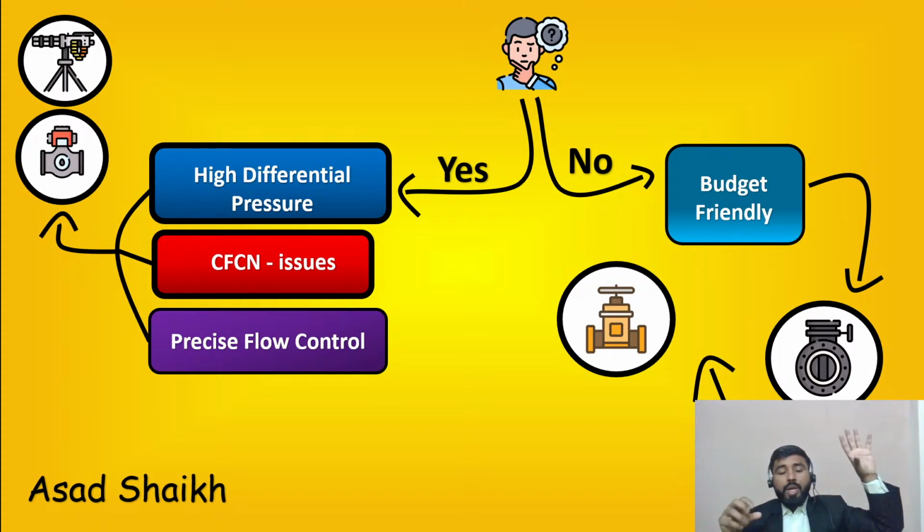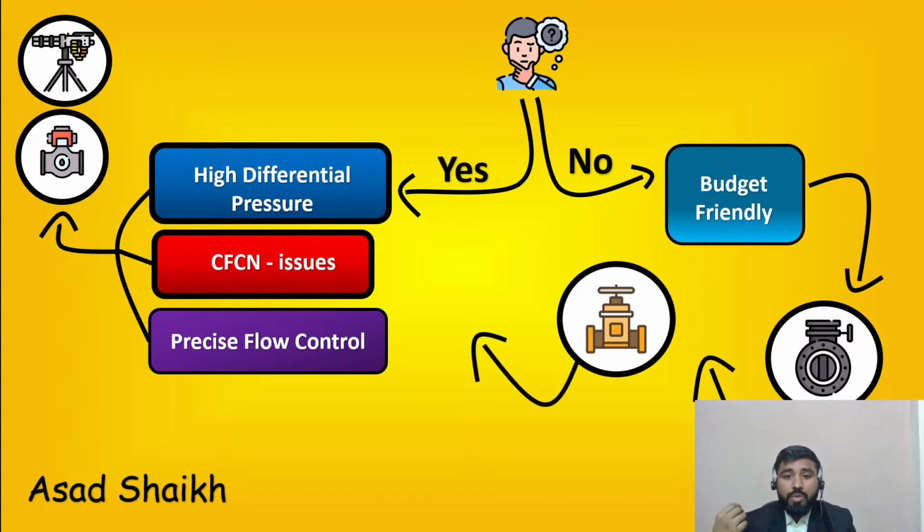So basically the best in terms of overall applications is the globe valve, but it is the costliest one. In the center you have the ball or segmented plug valve, and finally you have the butterfly valve, which is the most cost effective option. This is an overall thumb rule that I would like to share with you. And if you have any other suggestions, please put them in the comments. I'll definitely look into them.